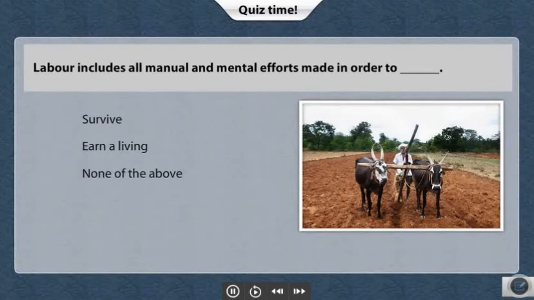Labor includes all manual and mental efforts made in order to